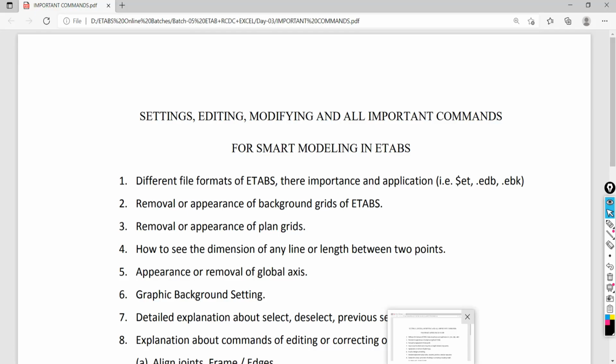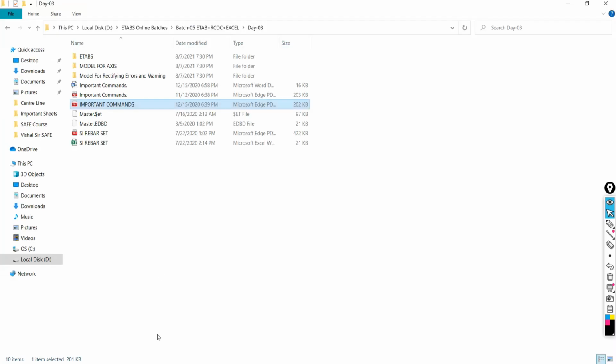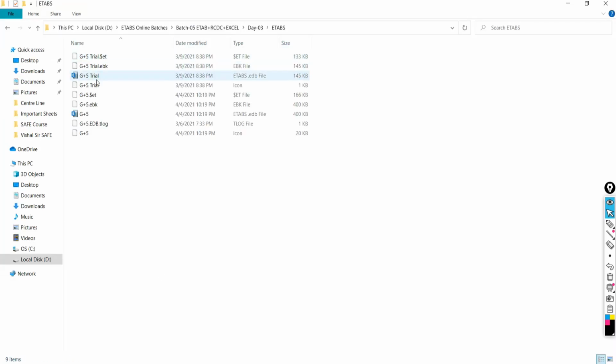Basically, most important point. When you are going to analyze any structure or any model in ETAP software, on the back folder side, this software is going to save this file. When you are going to save the file, the ETAP software will save the file in different formats.